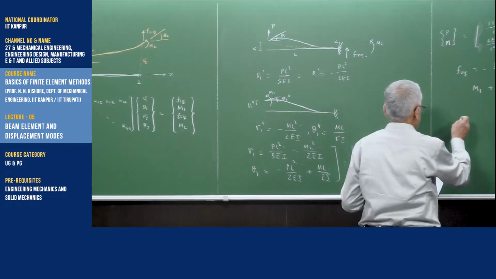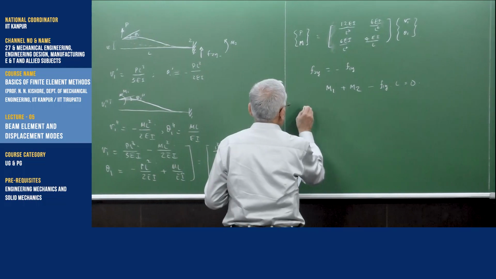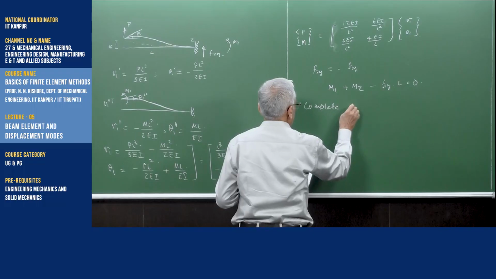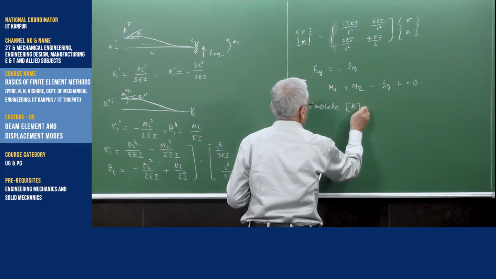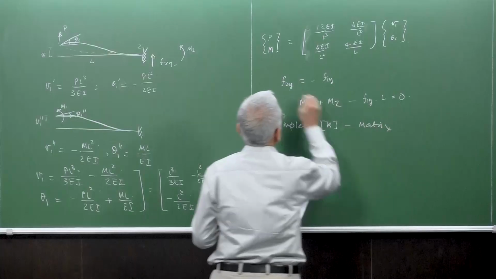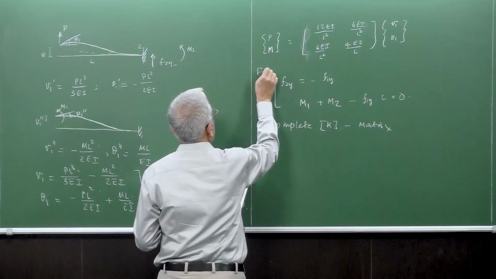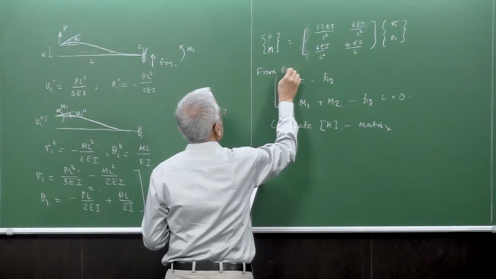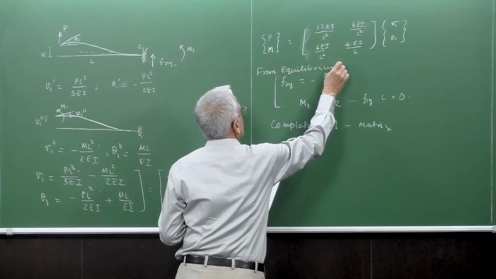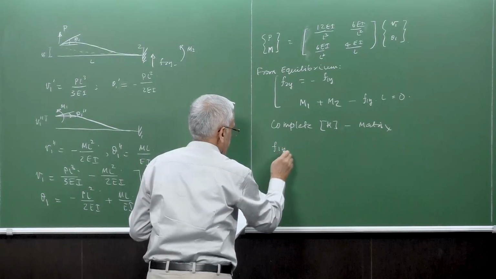So let me give the complete K matrix here. Okay. So the complete K matrix... So these two are from equilibrium. Okay, so finally F1y